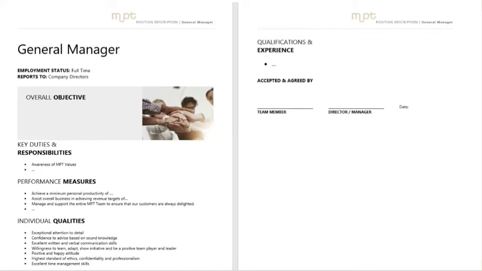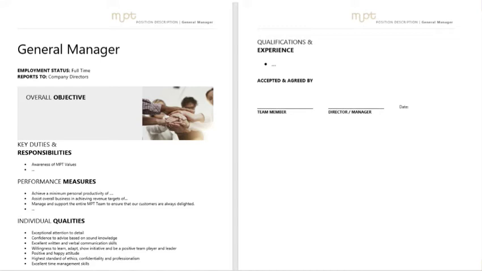This is an example of a position description that we used in our business. So this one was for a general manager's position, and some of the key features you can see here are the overall objective that you're trying to meet within this role, the key duties and responsibilities of your general manager. What kind of performance measures have you got in place?